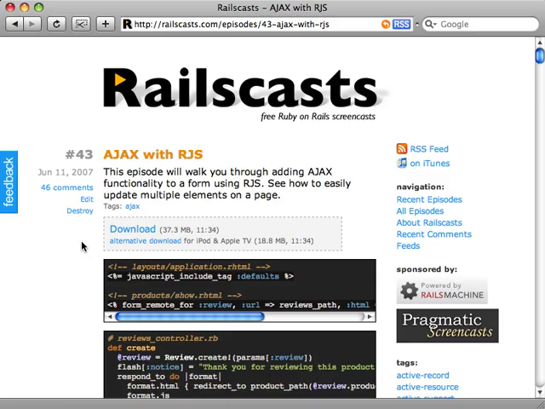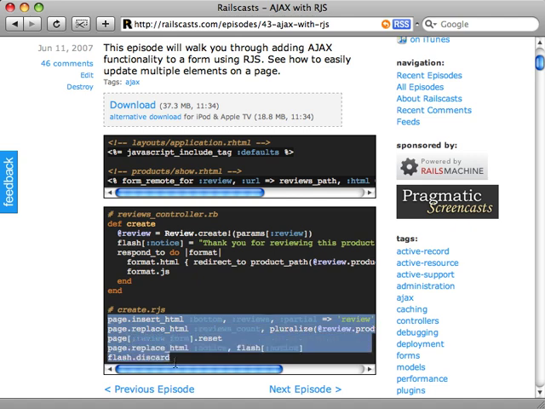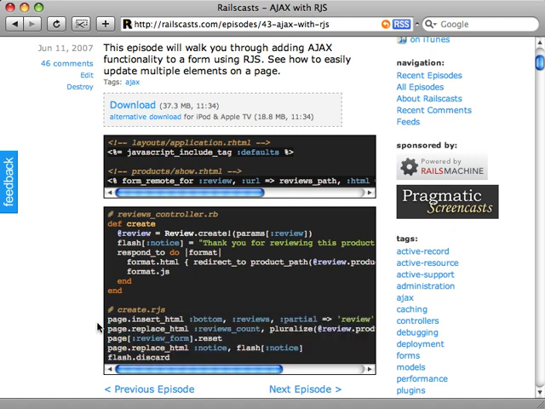In episode 43, I showed you how to update multiple elements on a page using a single Ajax request. First, I loaded up the prototype JavaScript libraries, and then I used form_remote_for to submit an Ajax request when the form gets submitted. And then I responded to the JavaScript in my controller using some RJS to update multiple elements in that single